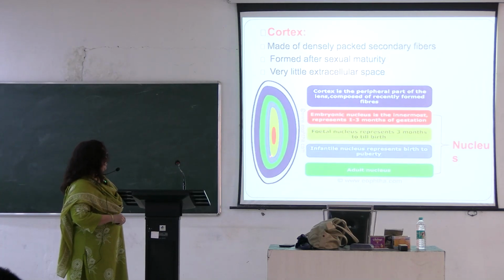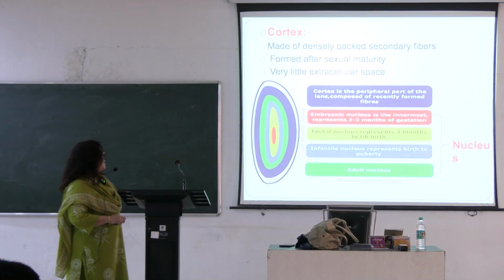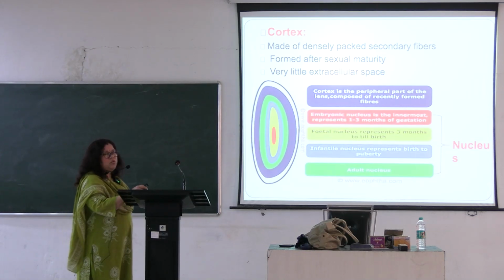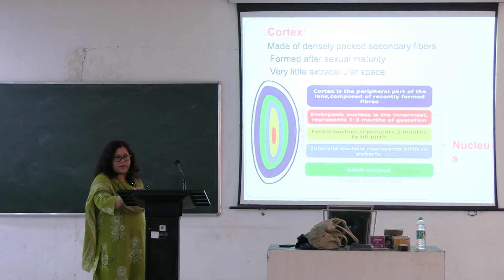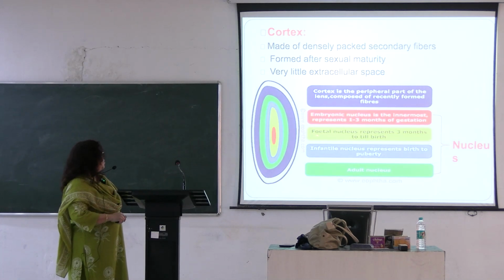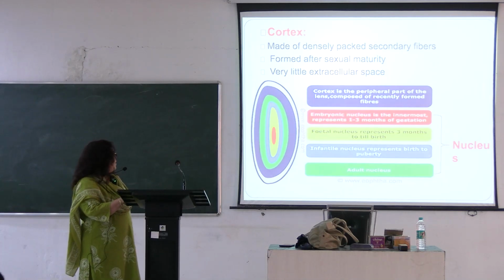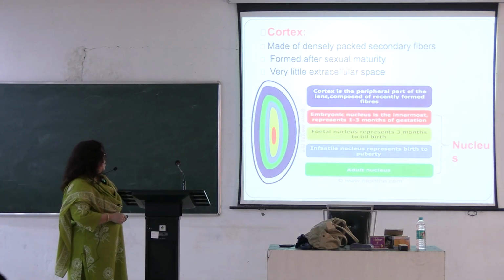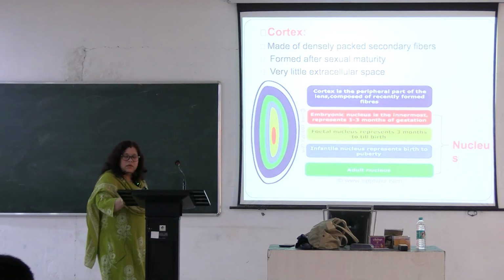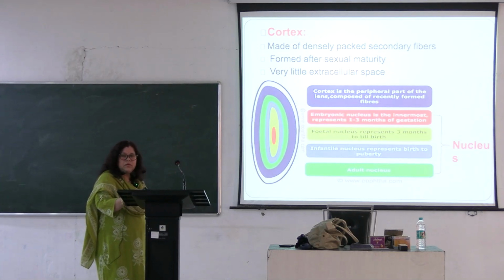Embryonic, and that's why this part is called the embryonic nucleus, and it represents the 1 to 3 months of the gestation period. Then we go to the fetal nucleus. This yellowish color is the fetal nucleus. Fetal nucleus is formed from 3 months till delivery,